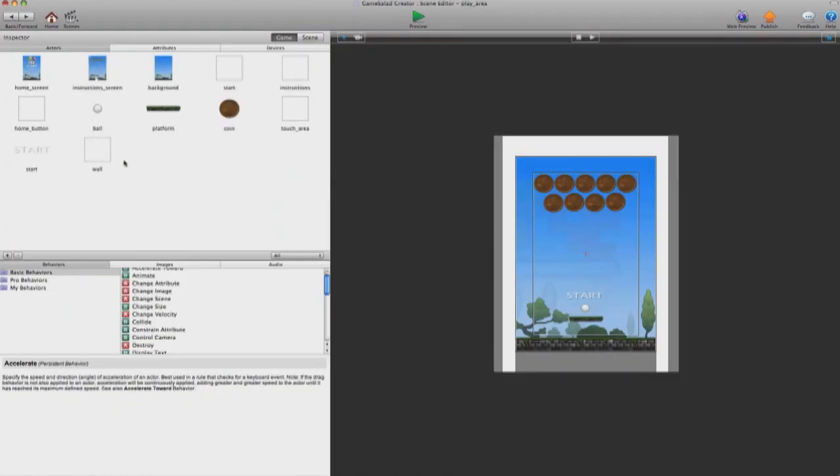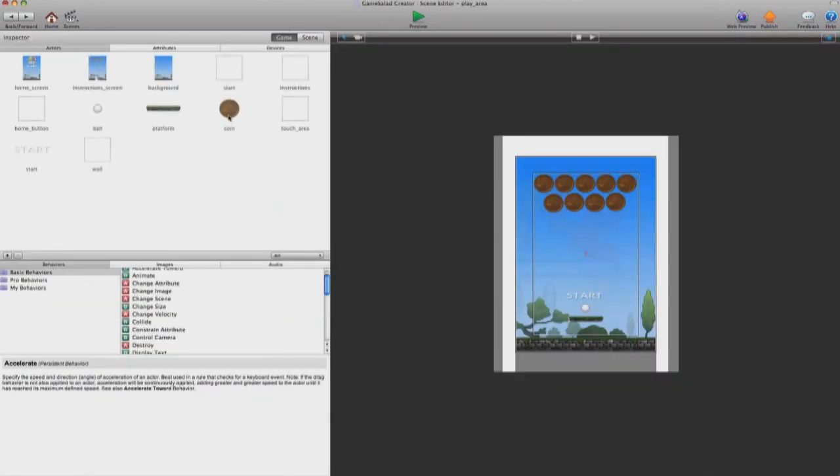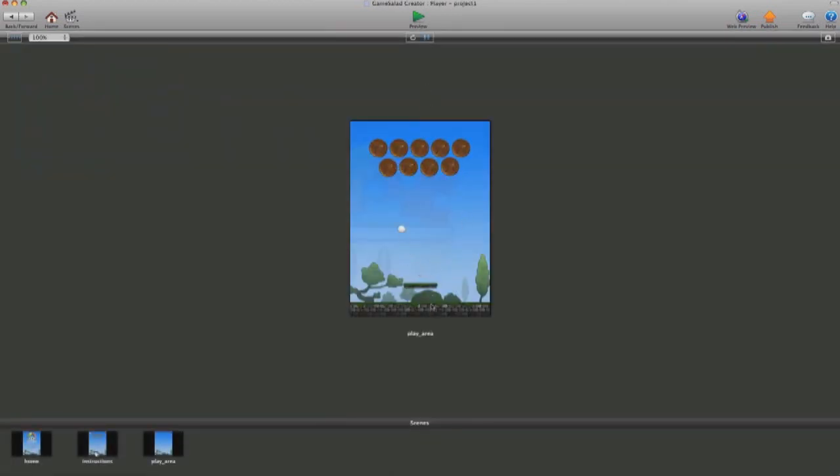And I'm just going to double check. Yep, all of that looks great. So now if we look at our scene, all the friction is down to 0. Everything is set to fixed rotation, and the only thing that's set to movable is the ball itself. So if we preview this and click the start button, and I move my paddle around, I should be able